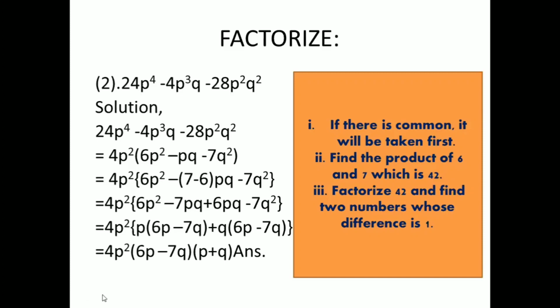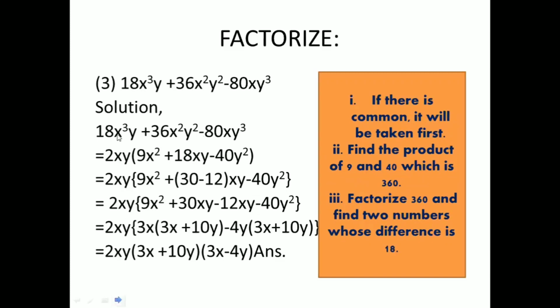Now let's go to the next slide, and the next slide has the next example, and it goes like this. See there. That is example number 3. Here also in all these three terms there is a common factor 2xy, so take 2xy common. Because 2 nines are 18, 2 eighteens are 36, and 2 forties are 80. 2xy is taken common. Then 9x square is left there.